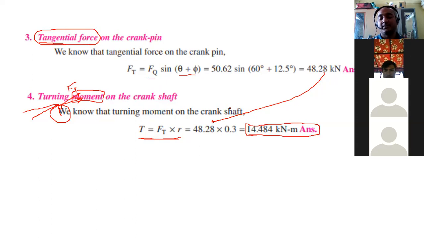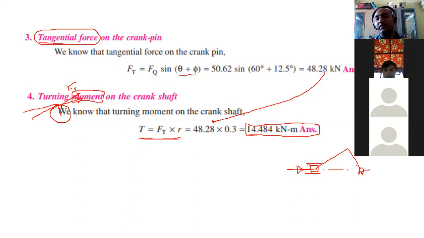Another kind of problem is there. So what we have seen in this problem, the piston is, now see this very carefully, piston is moving in the horizontal direction. Okay, so this is your connecting rod, this is the crank, and this is the line of action of piston. Okay, so bearing is here. So what is happening here when you are analyzing this case? Piston effort, if you see this piston effort is equal to FP equal to FL plus minus FI, and if FR is given, then minus FR. FP equal to FL minus FI or plus FI.